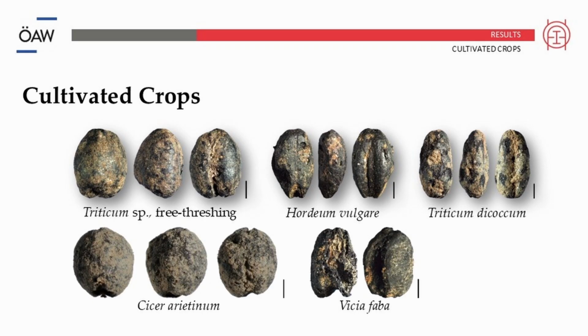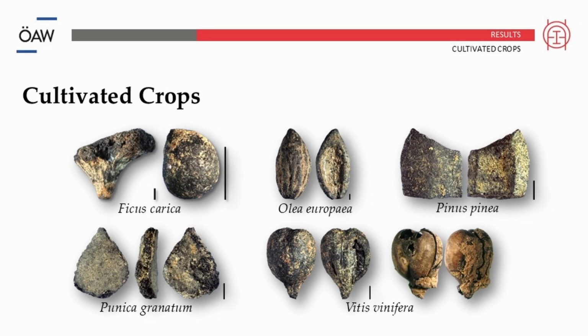So the main cereals were basically the same, so some free threshing wheat, barley, and emmer wheat. This is something we know from earlier periods. We have chickpeas, fava beans, lentils are also there. But from cultivated fruit trees, there's fig, of course. I mean, it's inevitable; it's everywhere. Olives, pine. Pomegranates, so these are not seeds, but parts of the hard outer shell of the fruit. So all in all, it's a really nice, not just Mediterranean, but I'd rather say Eastern Mediterranean spectrum of cultivated